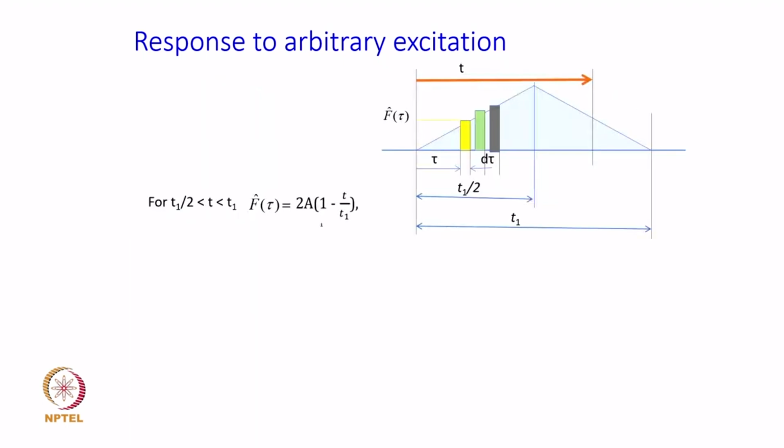Now, let us look at how the response can be obtained for a location in time which is beyond this half time, but less than this particular time. Sometimes you may need to find this out, and apart from that, what we are essentially discussing through this is a clear idea about how to use appropriate terms, how to take integration limits. Those are very important things in this particular case.